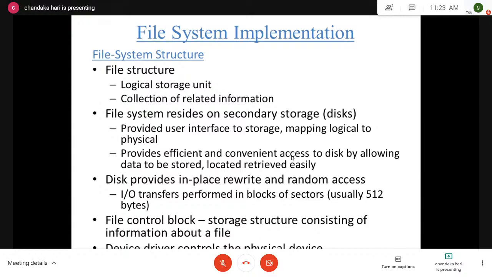You know what is random access? You can access anywhere in the hard disk at the same time. And the third very important reason is that it has a spooling effect, simultaneous peripherals operation online. Okay. Now, the only one small disadvantage, you cannot call it a disadvantage, a small limitation, is that I/O transfers